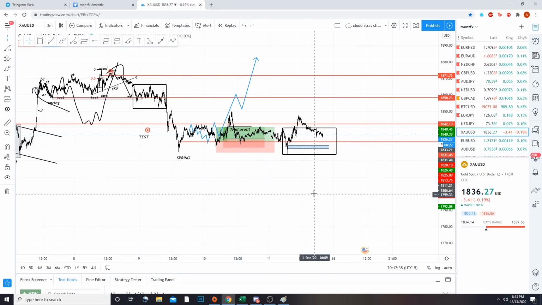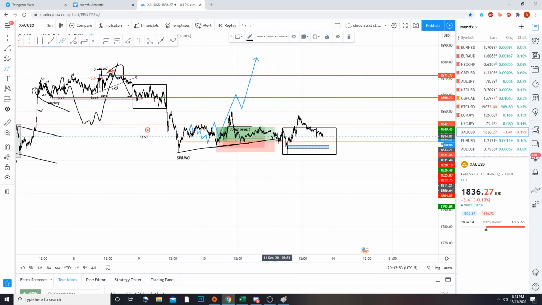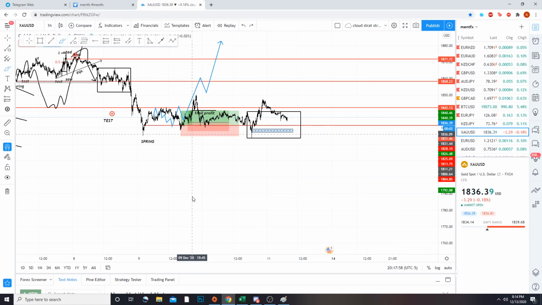if this was a redistribution and not an accumulation, then price is going to take off from these areas and then come lower to take out what? The liquidity below these equal lows, this trend line, and these lows right here, or this longer term trend line right here, as you can see, right? Here's your move down, here's your test, and then here's your liquidity grab, right?